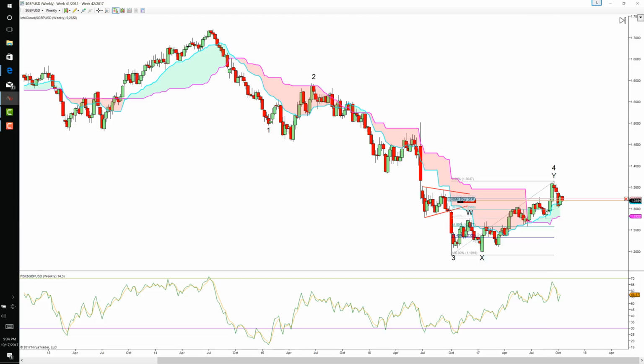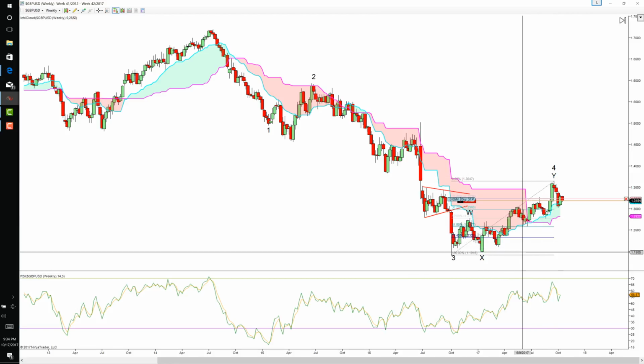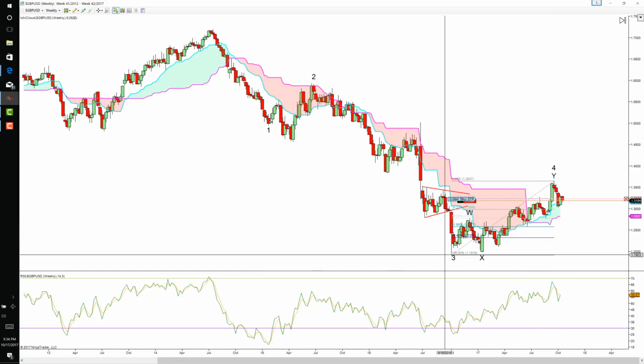Now, in that case, that will be the wave B, and then you'll see a wave C that will pretty much go back to the levels just before Brexit started, which will be at around 150, 148 or so. And it is possible, so it's just something to keep in mind. Right now, I'm showing that my primary is that this is the top of wave 4, and now we should be expecting a 5-wave move down to go below